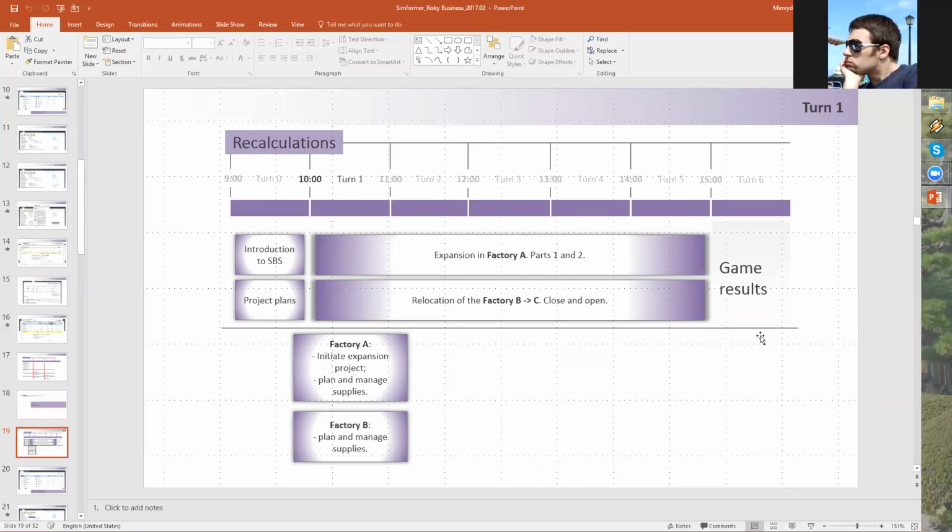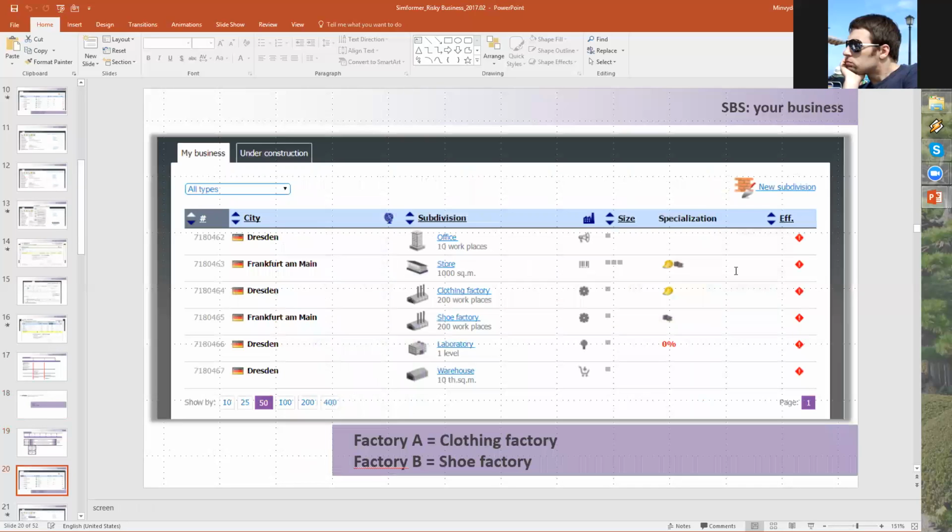The idea is that if they execute everything properly and evaluate their risks and find a solution for how to deal with that risk, they have a pretty good profitable business. And at the end of the game, they're actually in the plus. If they don't, they have a lot more expenses, and that sort of brings them down. And as they play and relocate, they close one of the factories and open a new factory in a different location,